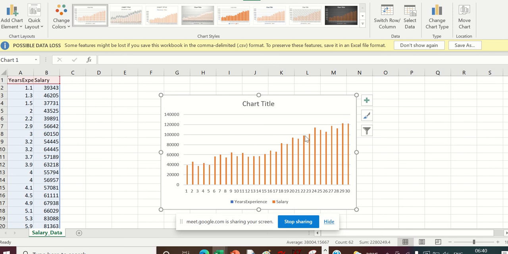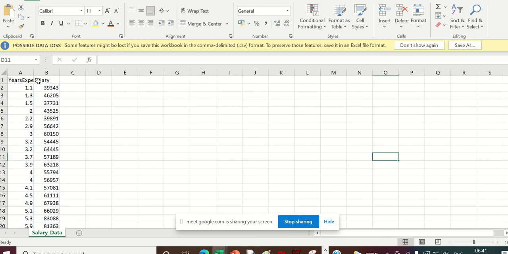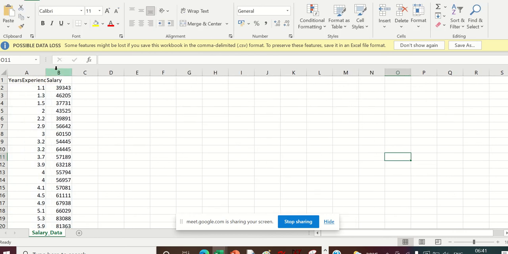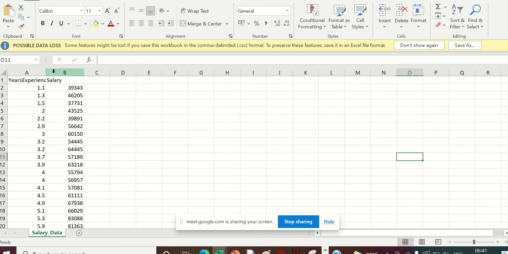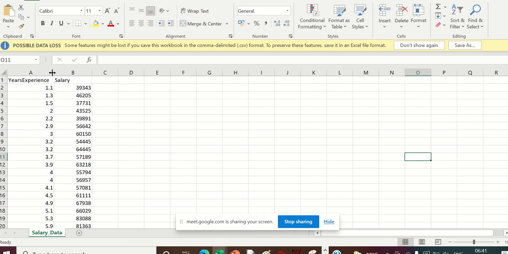If it was not varying linearly, then we cannot apply our first algorithm, simple linear regression. Simple linear regression can be applied in two conditions. One, your data set is linearly varying, and two, there is only one x and one y, that's it. It can be applied only in such a condition. Now we know that our data set has only one variable x and one variable y, so we can apply our data onto that algorithm.